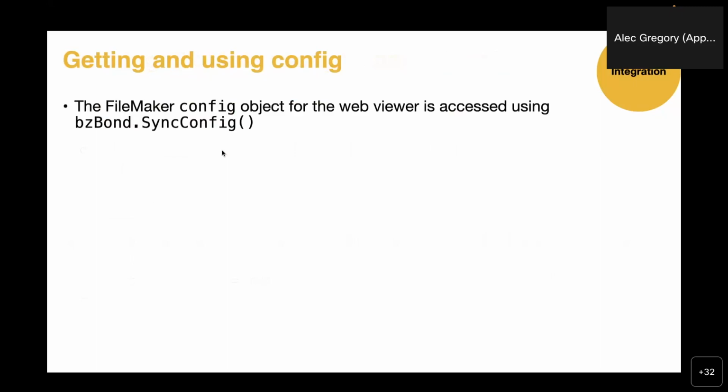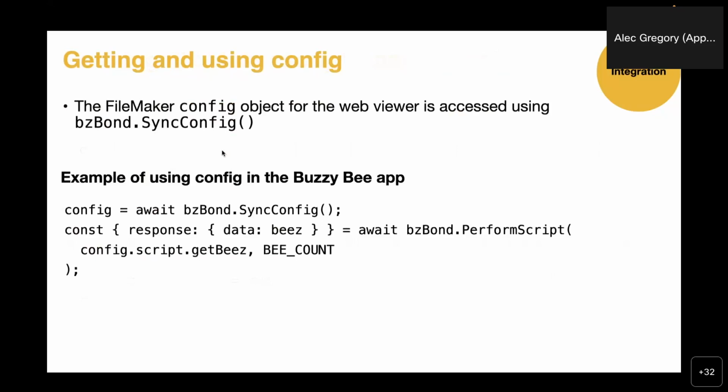So the next thing I want to cover is actually using config in your web code, because we saw how we defined config. We saw we had to have a web project, but we also saw that we defined some other config. So how do we access that in our web viewer? So we use another asynchronous function, bzBond sync config. And in the bzB app, we use that to grab the config, again using this await keyword,